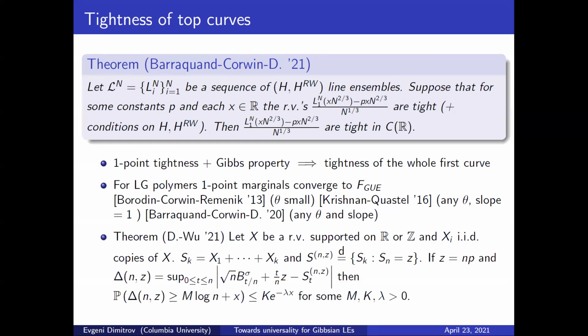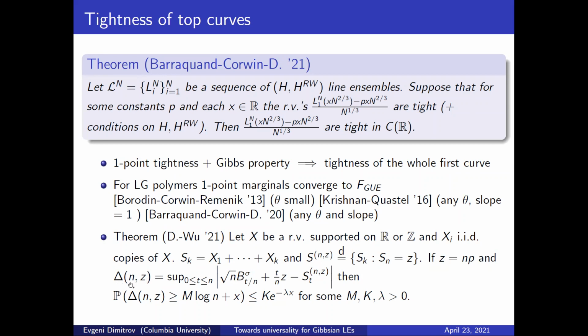Again, I will not really go into the proof, but I want to mention one key ingredient that goes into the proof, and this is a result by myself and Xuan Wu. The statement here is you have a random walker, and you consider its conditional distribution, conditioned on it being equal to z at time n. In this way, you obtain what I call a random walk bridge. Then the statement of this theorem is that under certain conditions on the jumps, this random walk bridge can be strongly coupled to a Brownian bridge of appropriate variance,